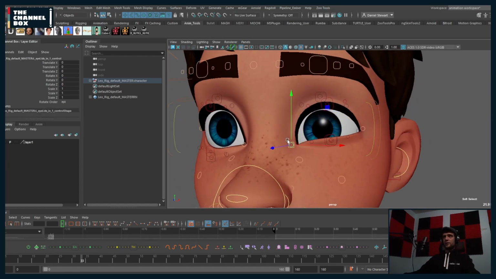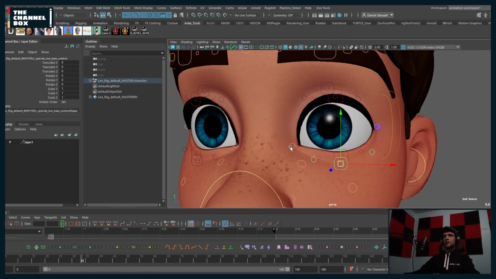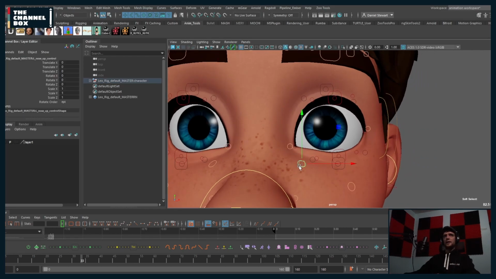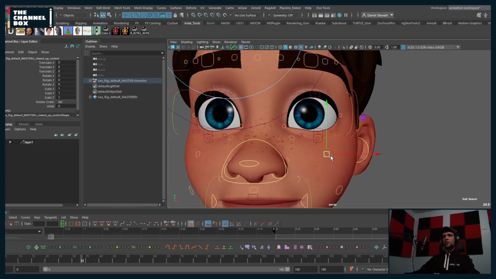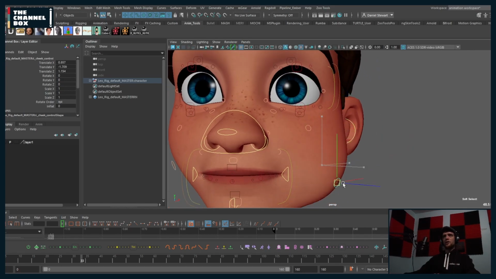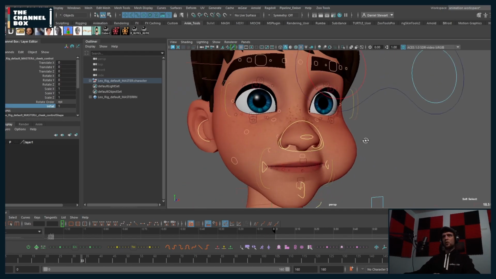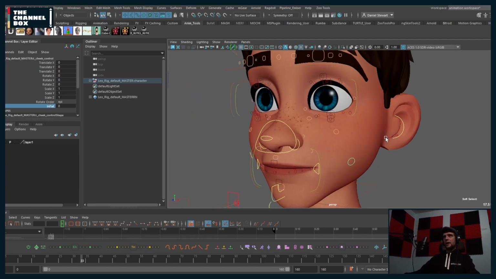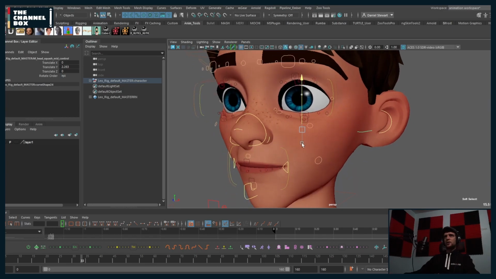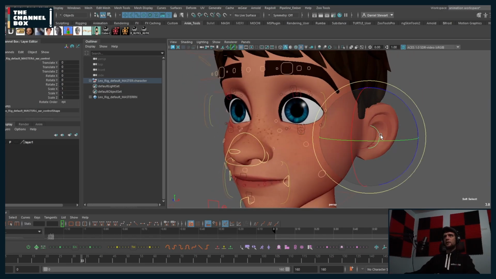So going down from there, you've got inner eye, you've got the flesh right above the nose, got the cheek control, got lower cheek control, you have a cheek puff, which gives just more of a custom sculpted look to the blowing, like holding air in your cheeks, which is really nice. You have your middle squash and stretch control, ear,